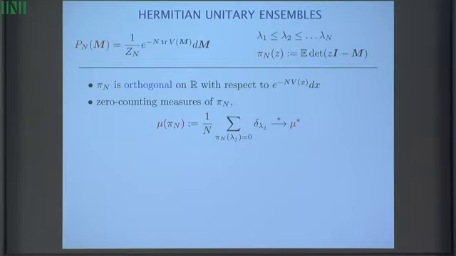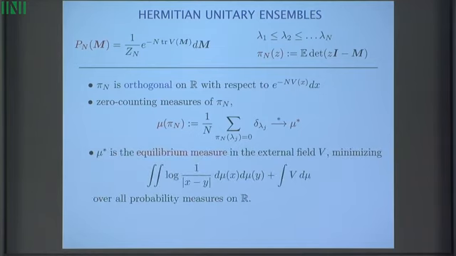You want to keep track of the eigenvalues, but the number of them grows. So you want to describe the global picture. What you do for that, you introduce the zero counting measure. You put a weight 1 over n at each point, n points in total, so it's a unit measure. And you just wonder, does this sequence of zero counting measures have a limit? If you have a limit, it describes asymptotically, globally, how these zeros or eigenvalues distribute, right? There is a description of this limiting measure in this case, and it's the so-called equilibrium measure.